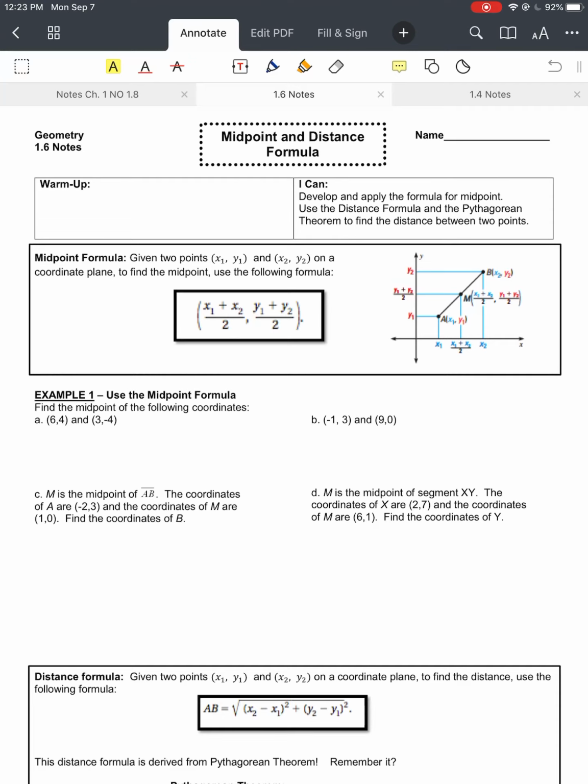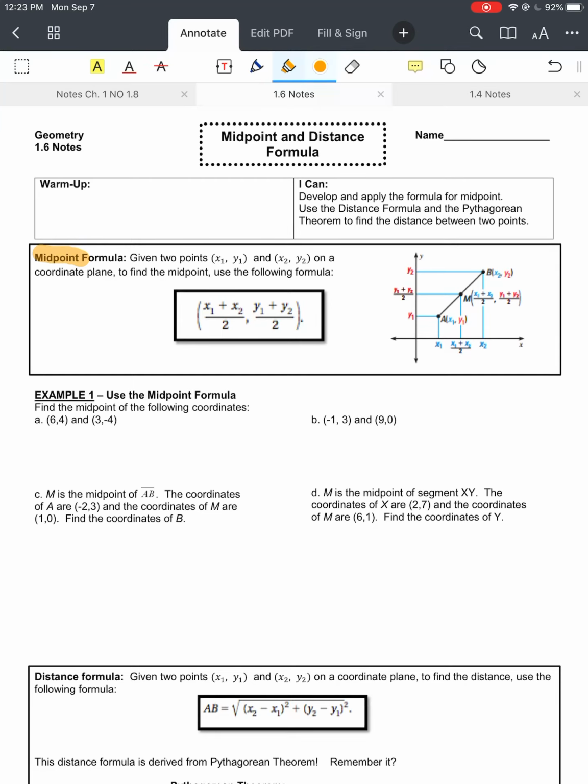So the first formula we're going to use is the midpoint formula. We talked about midpoint in lesson 1.2. For the midpoint formula, this is when you're on a coordinate plane, so when you've got those grid lines and an x-axis and a y-axis. You're going to use this formula to find the middle point, or the midpoint, between 2 points on that coordinate